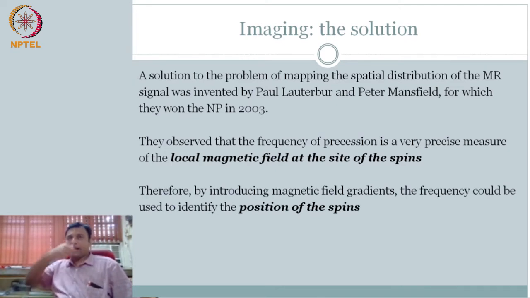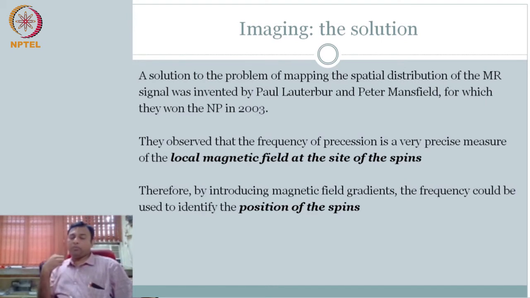Introduce changes in magnetic field so that each location is experiencing a unique, slightly different magnetic field. If each location is experiencing a slightly different magnetic field, that means it is going to have a slightly different Larmor frequency. So the cool idea was by introducing magnetic field gradients, the frequency could be used to identify, because if I